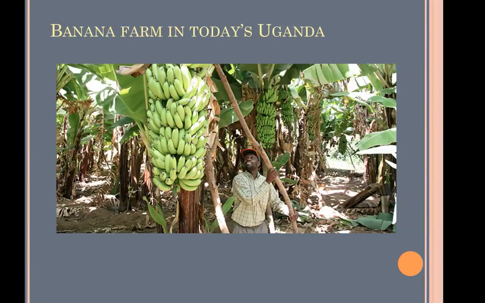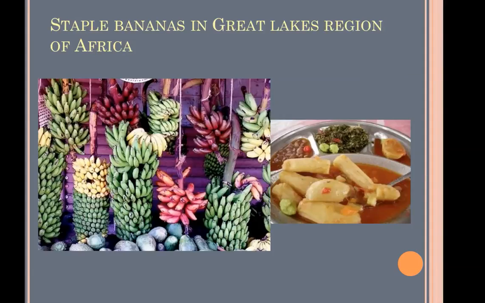The banana is an incredibly productive plant. We know it as a really sweet food, something we eat for breakfast or in a dessert or something like that, but there are dozens, if not hundreds, of different varieties of bananas, and some of them are quite starchy and kind of taste like a potato. But you look at the amount of food that each one of these banana plants produces, and it's simply enormous. It's the largest amount of food per unit of land compared to anything, more than maize, more than any kind of grain, etc. And it doesn't take much work, actually, to grow these, so they're kind of perfect.